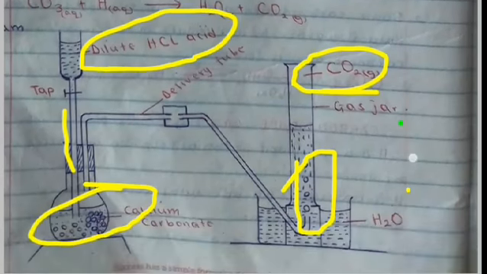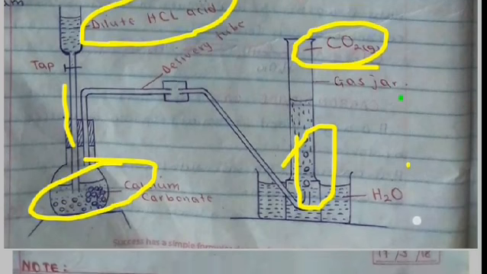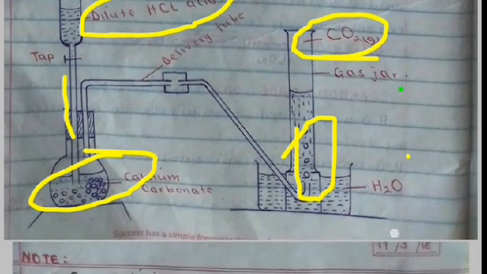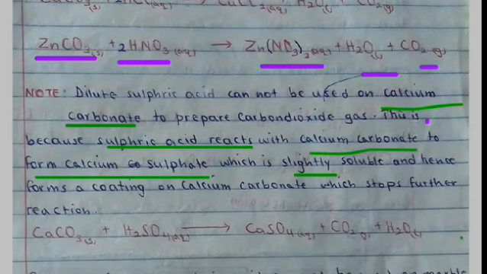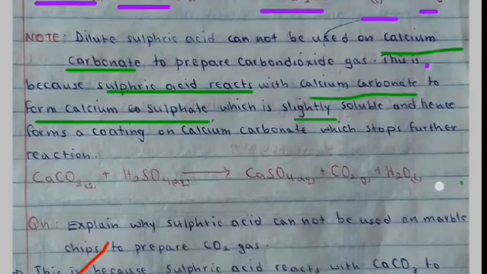We have also seen the diagrams. Hope you have understood. And we have also seen how carbon dioxide can be prepared from other carbonates just by getting any carbonate and adding nitric acid or any other acid. You form carbon dioxide gas, with an exception of sulfuric acid on calcium carbonate, and we have seen the reason